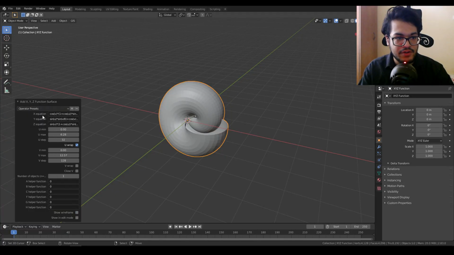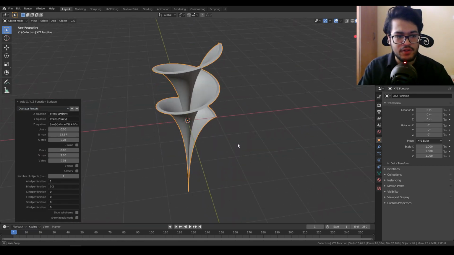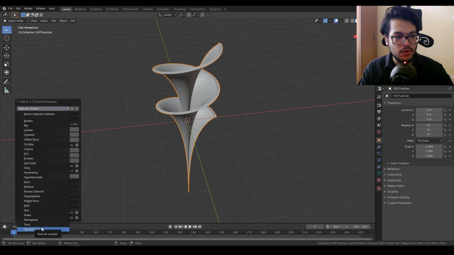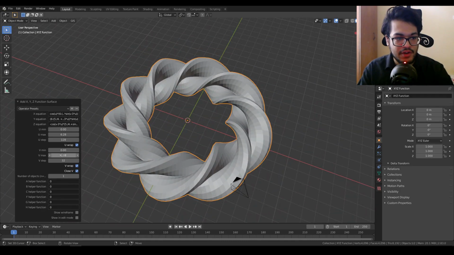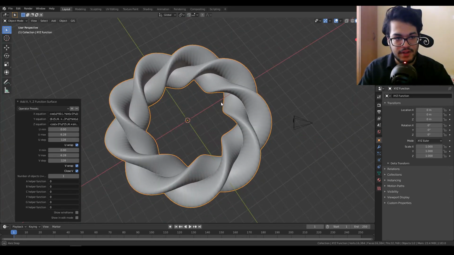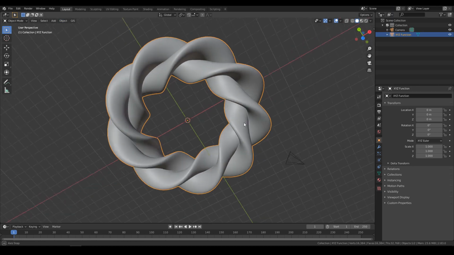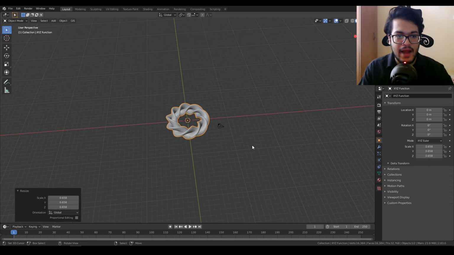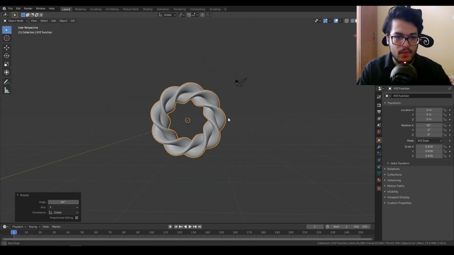There are a lot of presets that we can choose from. Now you can choose a preset that you like, but for this tutorial, I'm going to use a twisted torus. We get a cool abstract looking torus. Just increase the V steps to 128, so you get a smooth surface, and under the object, give it a smooth shading. I'll just scale it down and rotate it on the x-axis, so RX and 90.